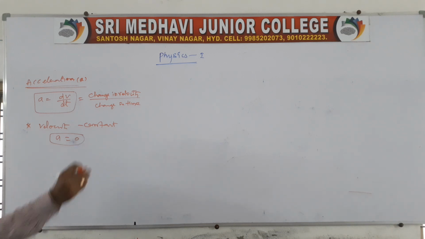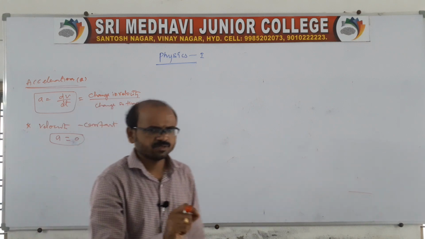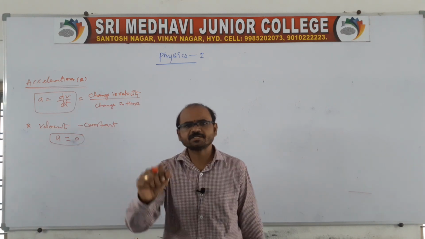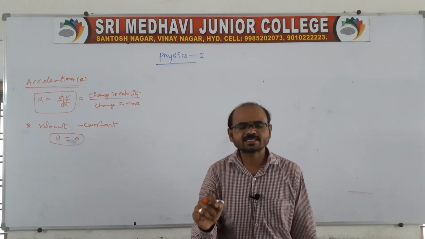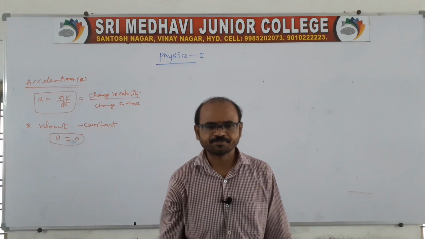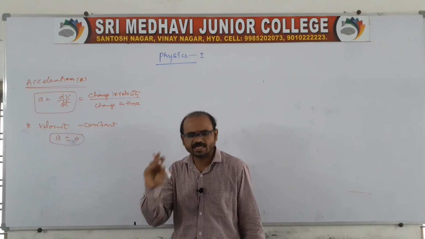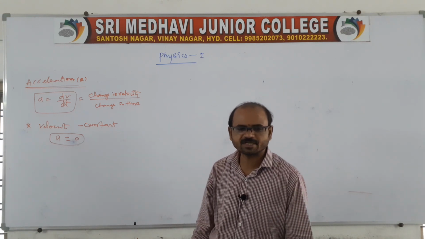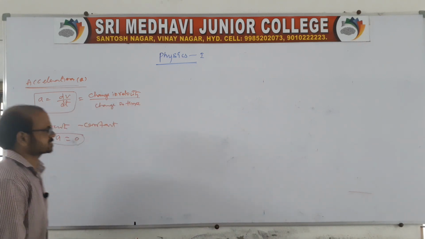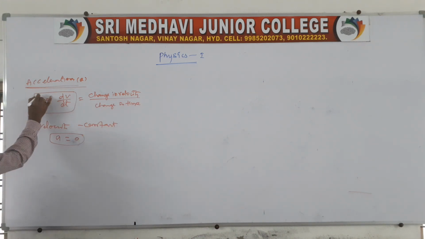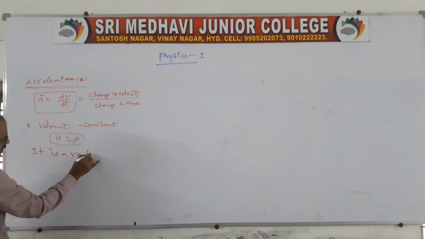Suppose the vehicle is moving along a straight road or along a curve. When it is a curve, there must be a change in velocity, and therefore we can say it is accelerating. If it is moving with constant velocity, there the acceleration is 0. This is the very, very important difference between constant velocity and change in velocity. However, acceleration is a vector.